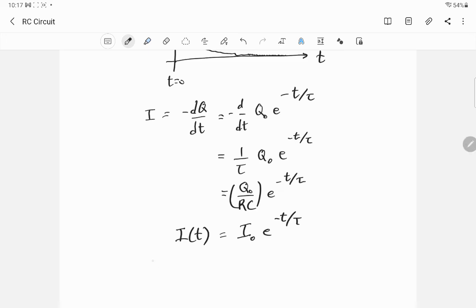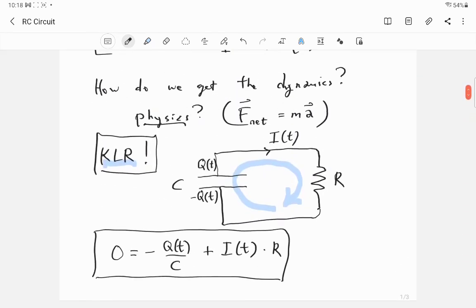You can actually also get the voltage across the capacitor as a function of time, right? It's just the charge as a function of time divided by the capacitance, which is not time dependent, right? So there's lots of things you can get. Just to remind you, it all started with Kirchhoff's loop rule. Kirchhoff's loop rule gave us the physics